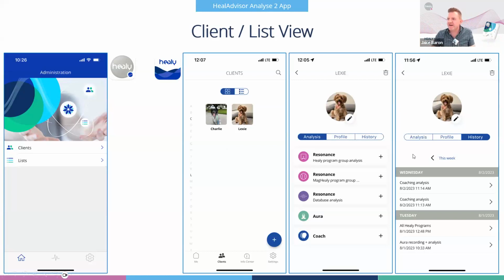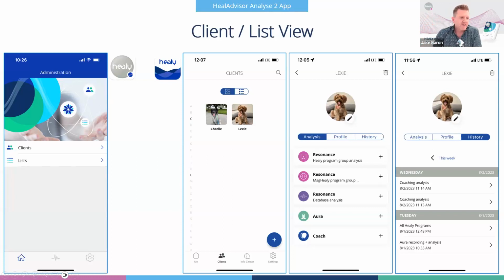And then you can go to your clients and you can edit their profile. From here, you can do an analysis, or you can look at their history. On the far right, you'll see this is what the history looks like as well. You can scroll from week to week, or if you click on it, we'll show this a little bit, but you can scroll down to whatever date or year possible there too.